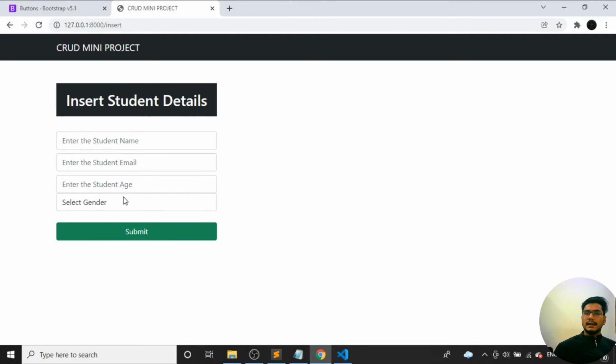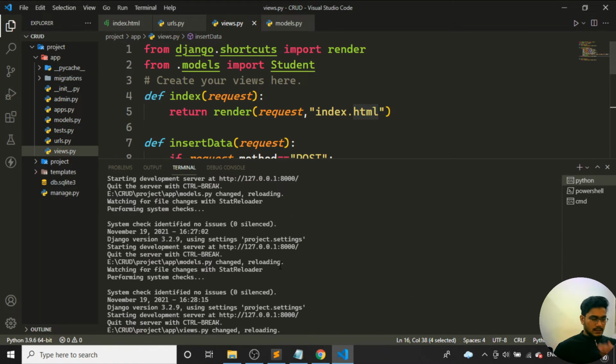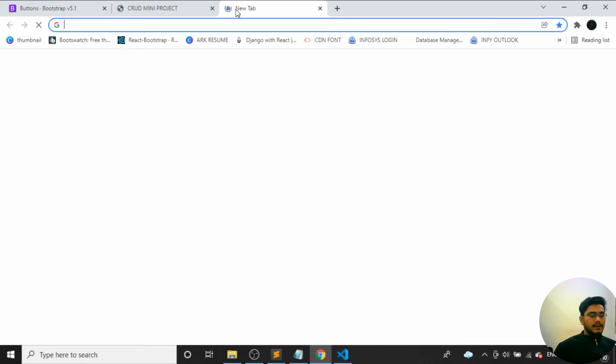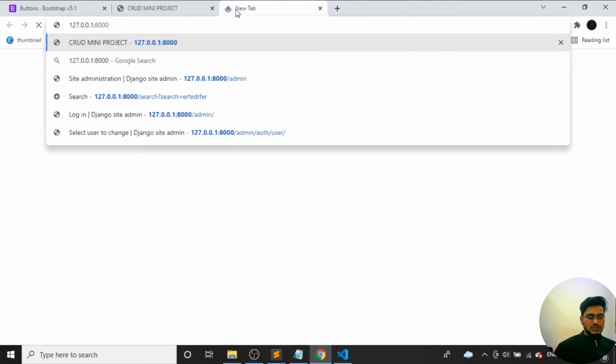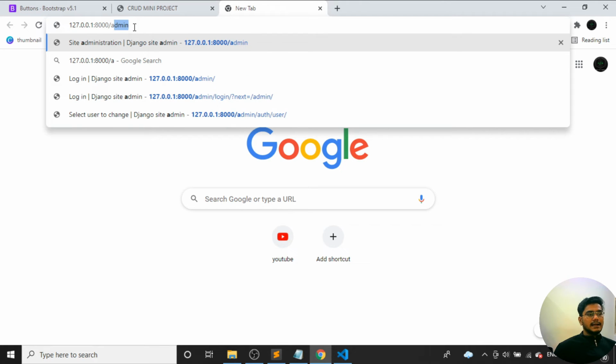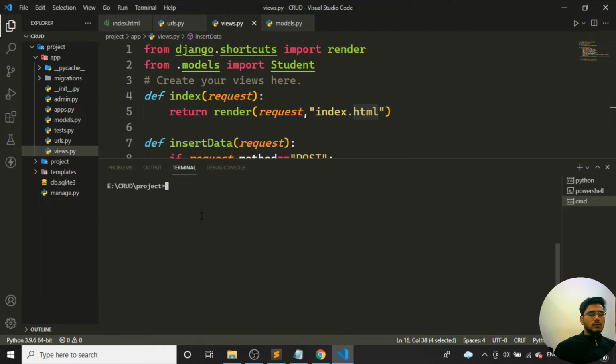Now I'll show you where the data exactly is being saved. If I open the administration over here, I'll just go back to my command prompt. Django by default provides you the Django administration. To go to the Django administration, we need to go to /admin. So this is a URL, /admin. If you enter this URL, you can see I'll be getting a Django administration. This is what I love most inside Django. It gives the default administration over here. So I need to log in, and for login I need to have credentials.